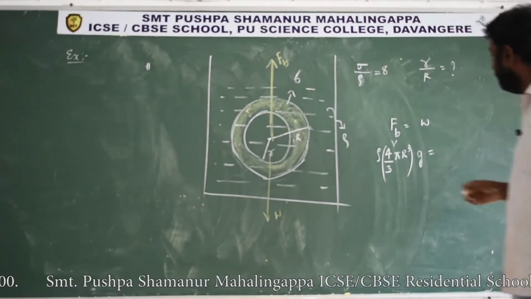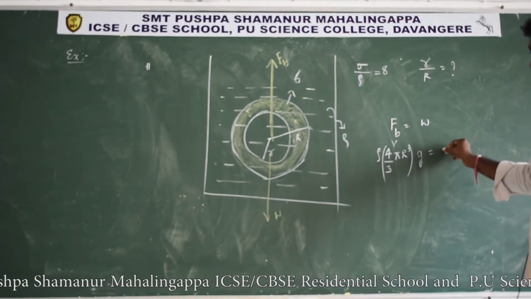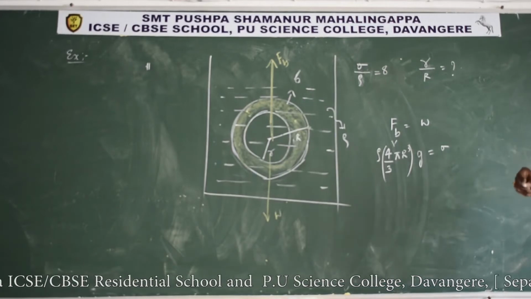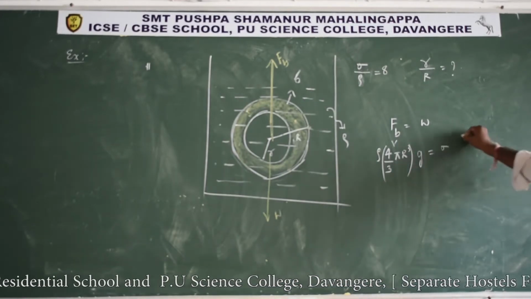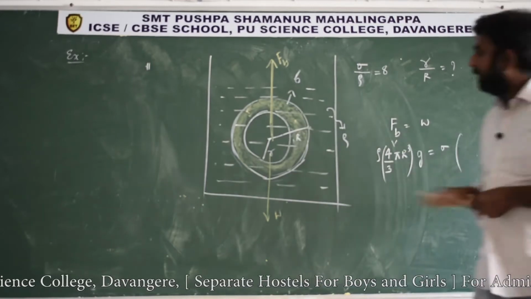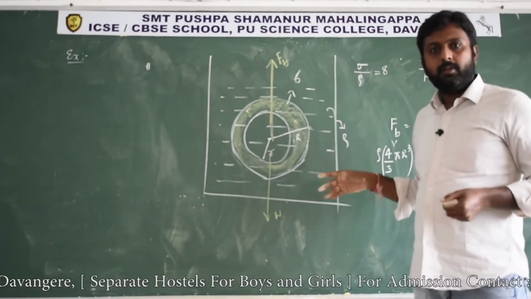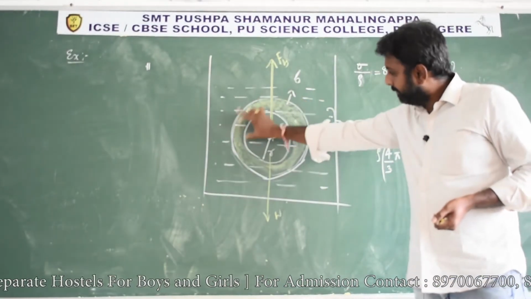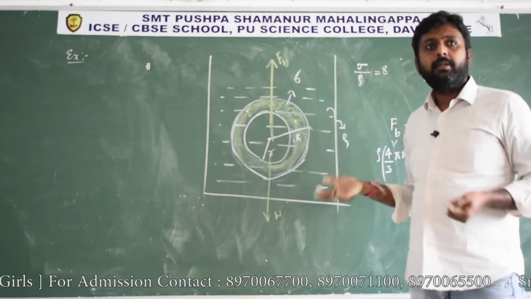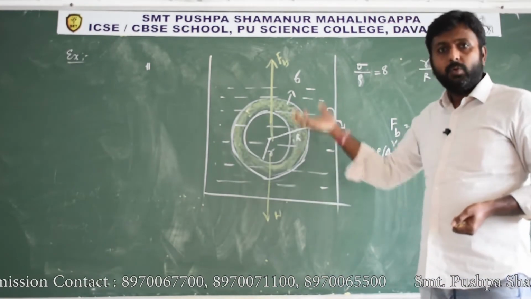Okay, here in this case, for the weight of the sphere, we have to consider the density of the sphere. The density of the sphere is sigma. But is the mass present in the entire volume? Definitely no. In the entire volume the mass is not present. Only in this region is the mass present. Hence we cannot consider the total volume.